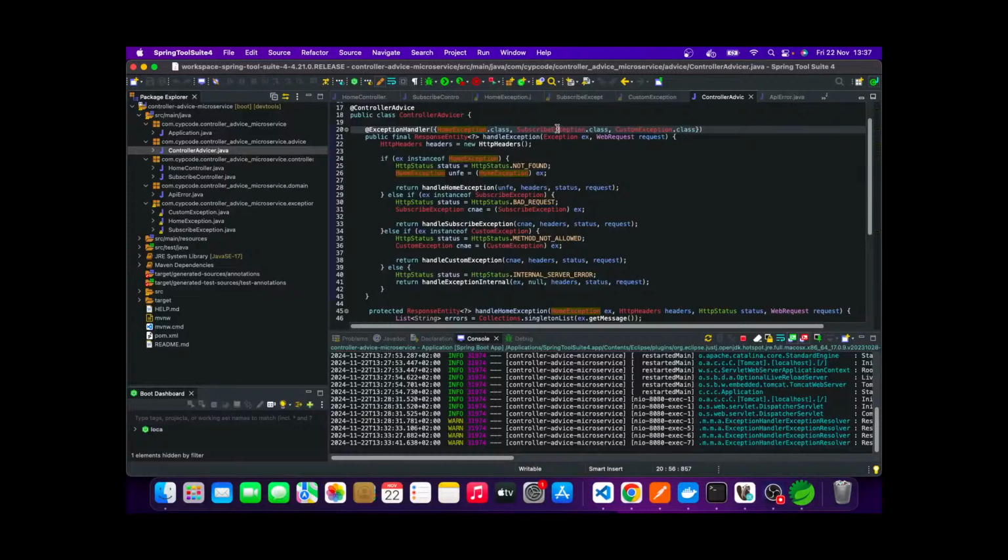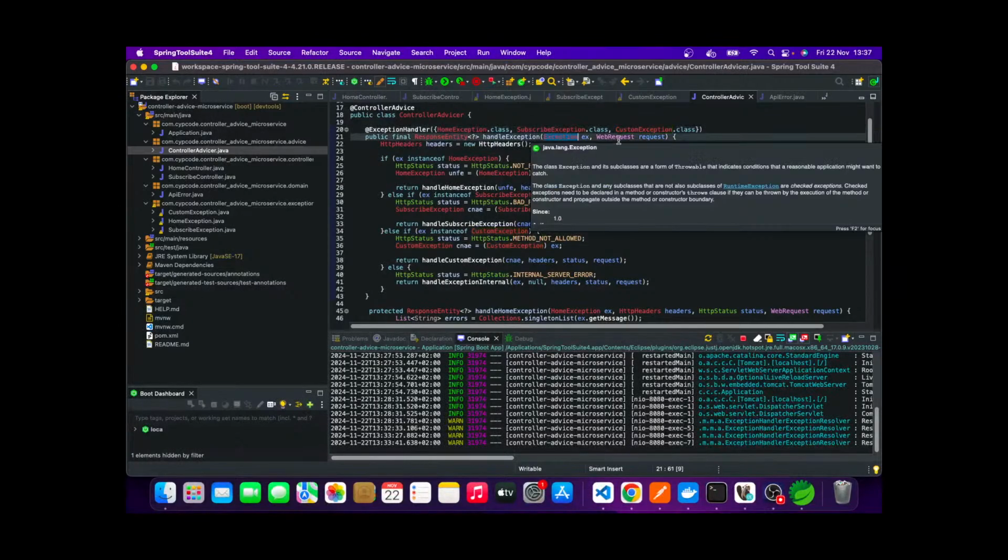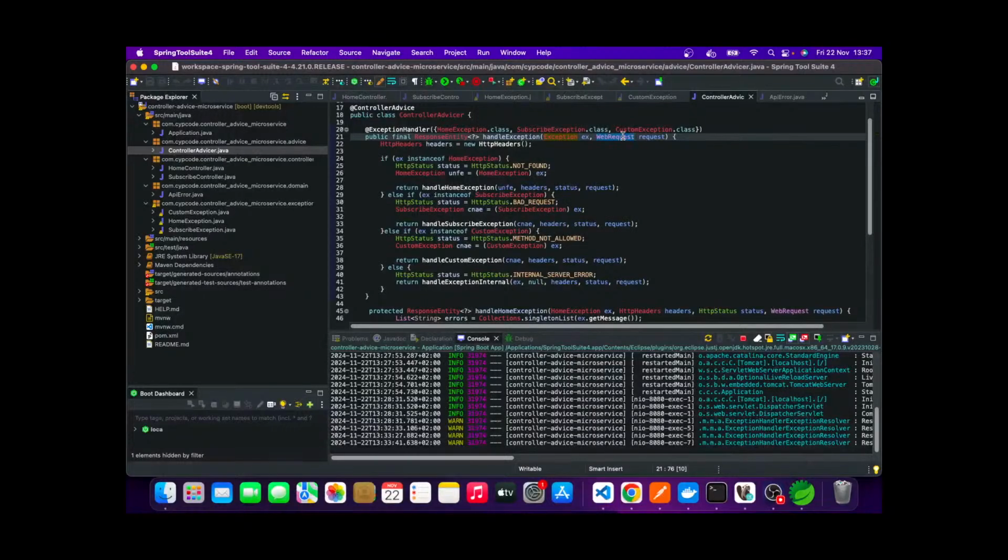Here we have the home exception, subscribe exception, and the custom exception, and all of these exceptions will come in, be intercepted here, then they'll be passed in as parameters, and also we have the web request that made the actual request,